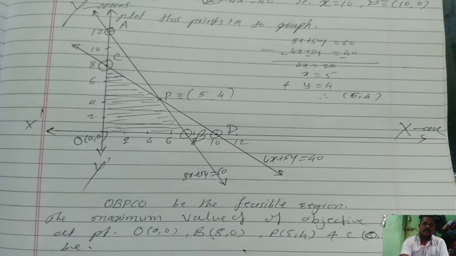Then B point, x coordinate 8 and y coordinate 0, that is (8, 0), B point. Then C point (0, 8) and D point (10, 0). Then we have to join the points A, B and C, D. A, B, we have to take line. A, B is which equation? 8x plus 5y is equal to 60. And CD line, we have to join C and D points.